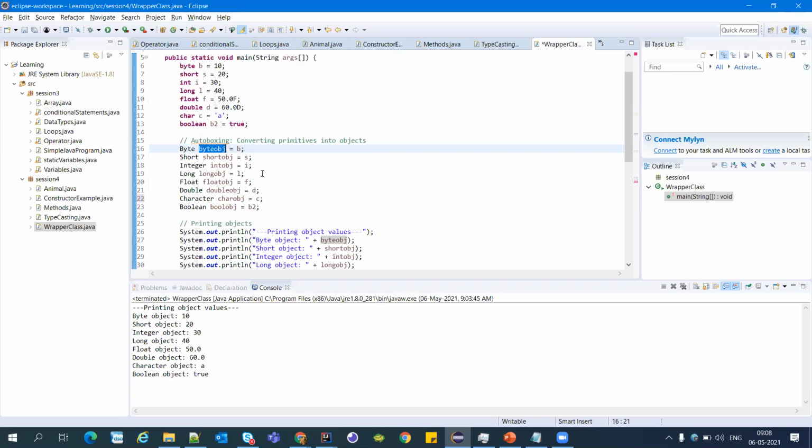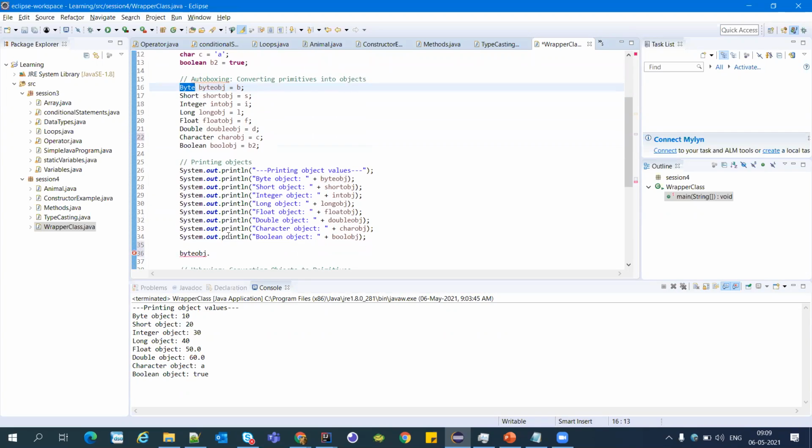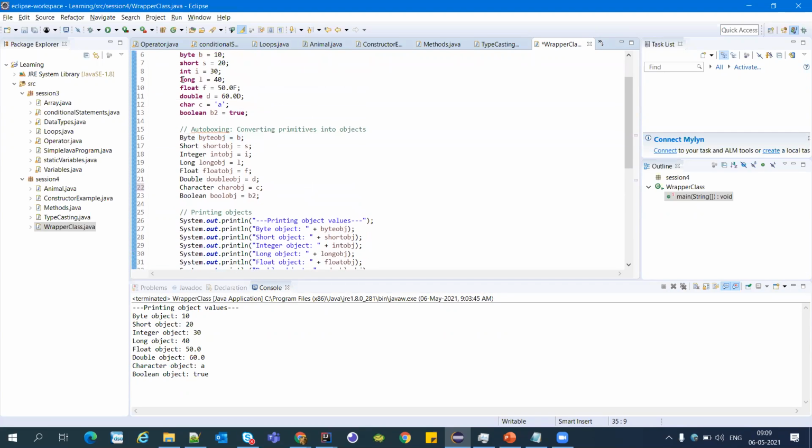So sometimes we have to convert the primitive data type into the object. Then only we use this. Oh, so it's nothing related to the value output? No, it's just converting to the object type. Perfect. It's converting this primitive data type into the object only.